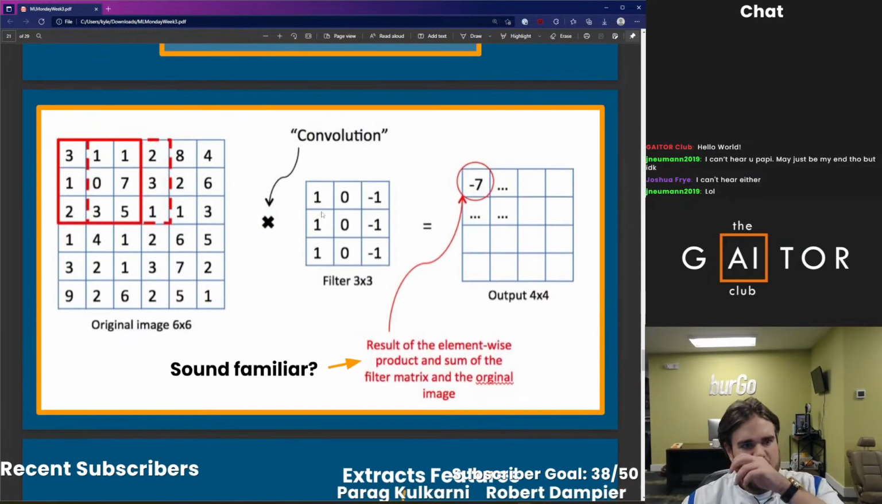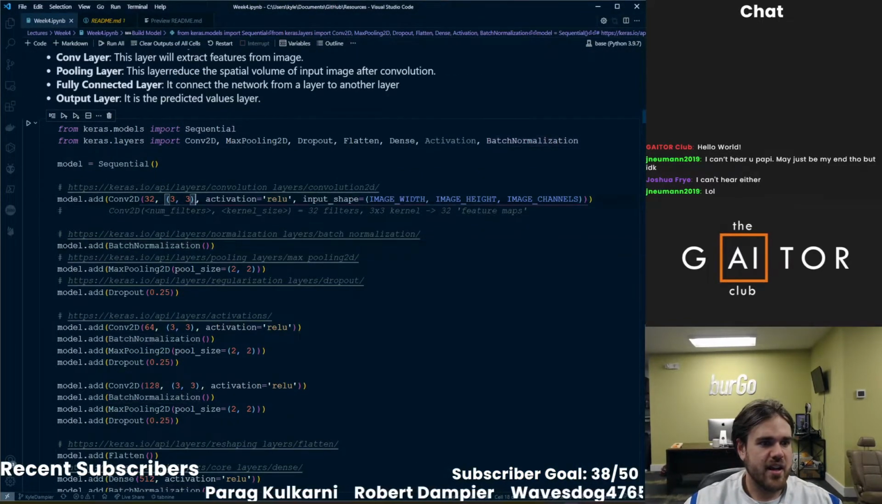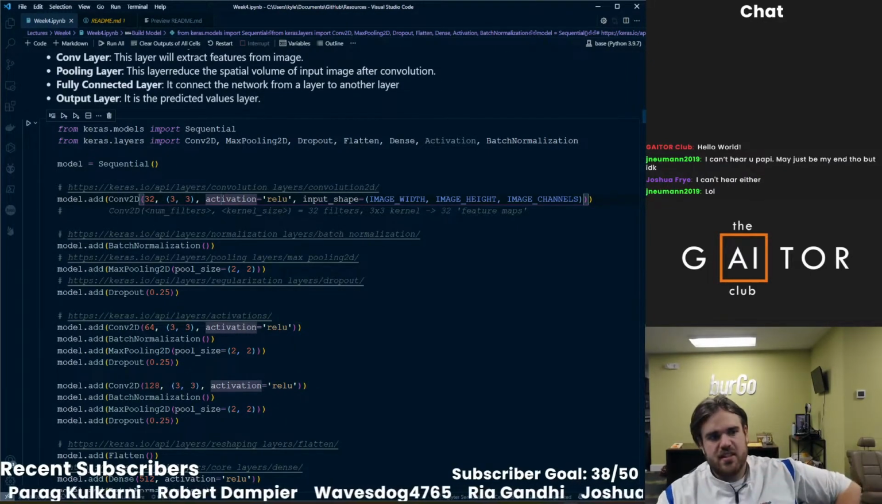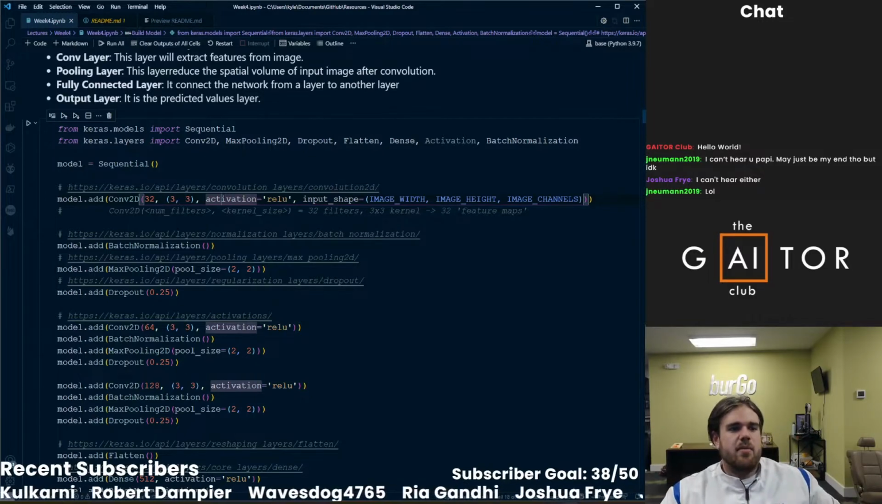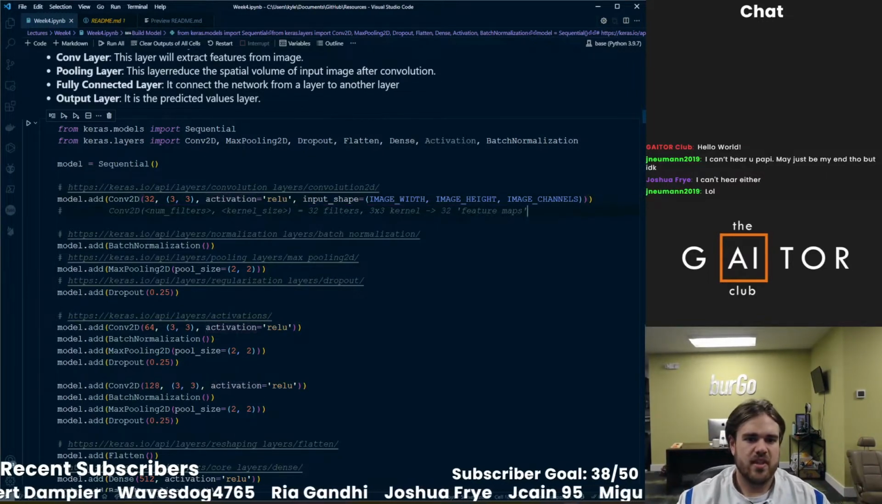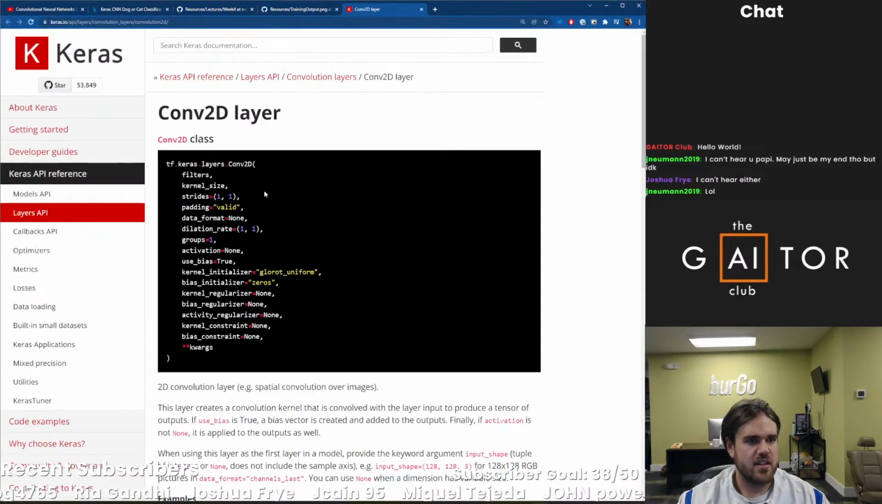And what the convolution and this neural network is doing here is randomly generating a 3x3 matrix that goes through and creates a new feature map every time. So this is creating 32 different feature maps. And then what this batch normalization does, and I put the